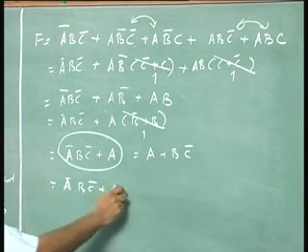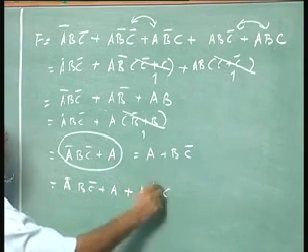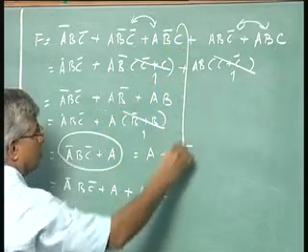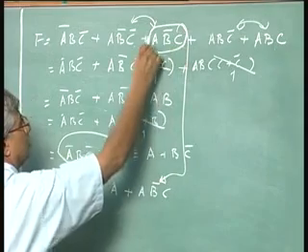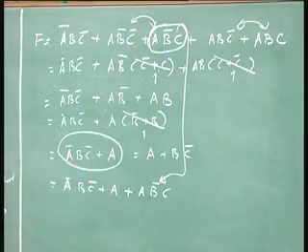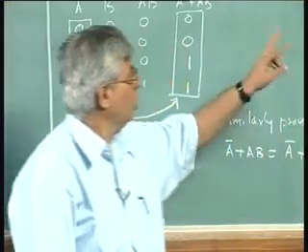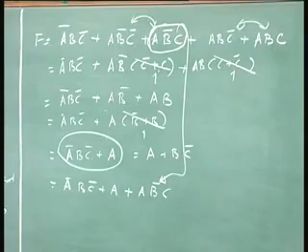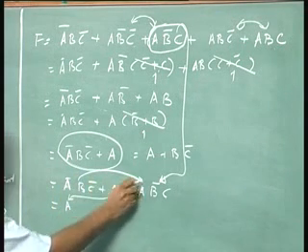I am going to add one term here. I am going to reuse this term. I have already used this term A B bar C here and simplified here. I am going to reuse this term here, the third term, A B bar C. Now if I reuse it, I am going to combine these two. A I will leave this, and these two I will combine as